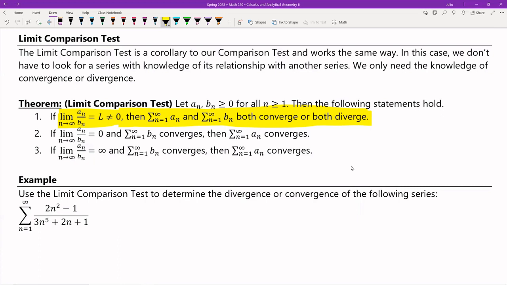The next one: if the limit of a_n divided by b_n equals 0, and you know b_n converges, then a_n must converge as well. And similarly, if a_n divided by b_n is equal to infinity, and